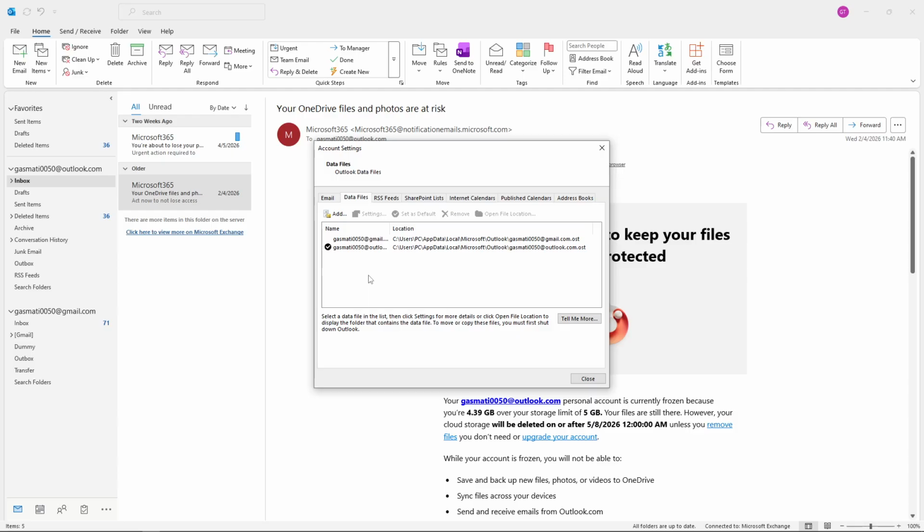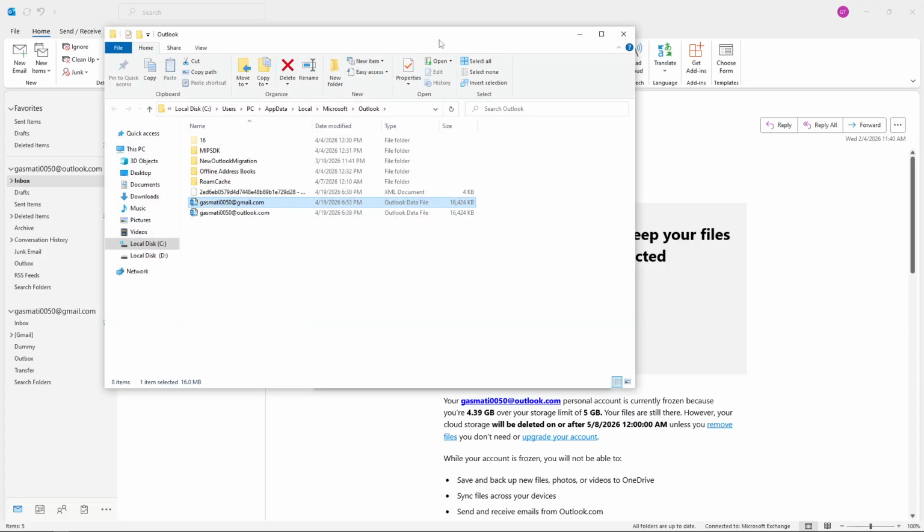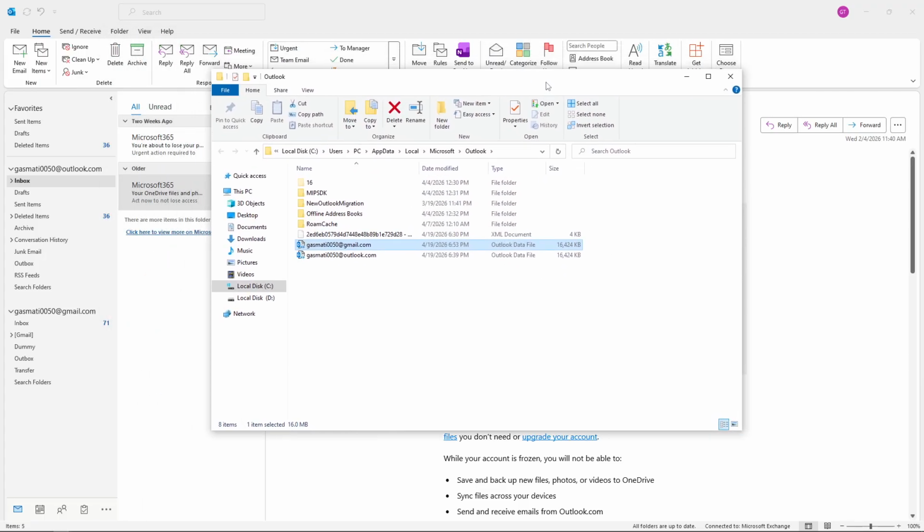Now carefully review the list and select the account that contains the file you wish to move. Click on it once to highlight it, then look for the button labeled Open File Location and click it. This action will launch a File Explorer window that takes you directly to where your Outlook data files are stored